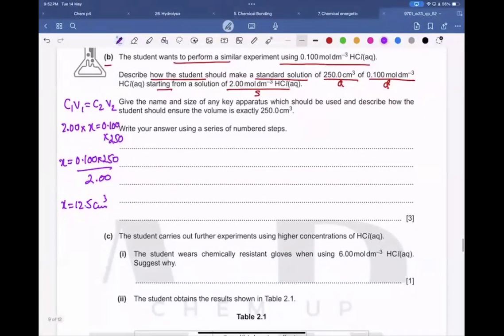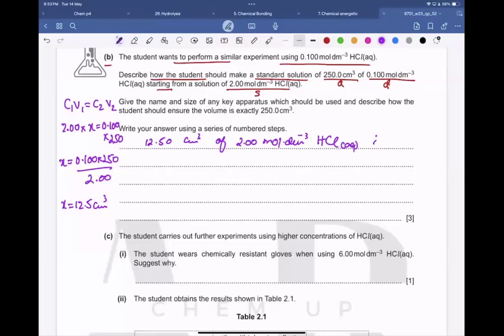So see, from this expression, we are able to calculate the volume of the stock solution having a concentration of 2 mole per dm cube, that we need 12.5 centimeter cube of that solution. Is this clear now? So 12.50 centimeter cube of 2 mole per dm cube hydrochloric acid